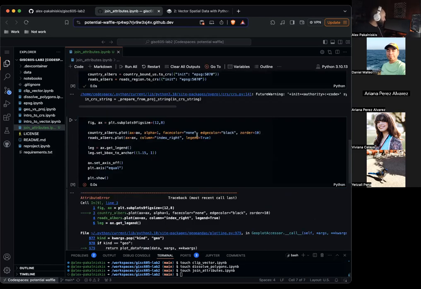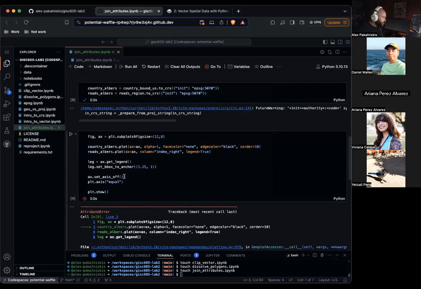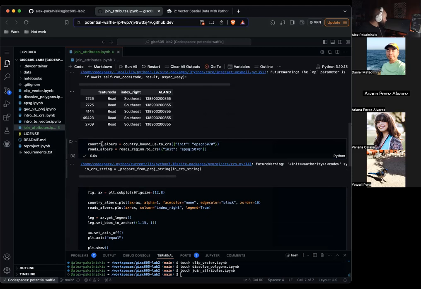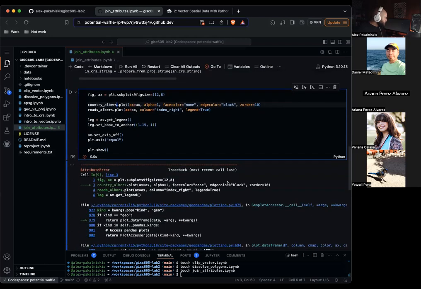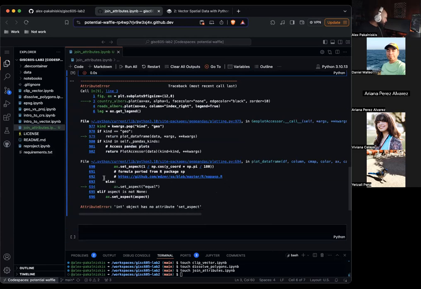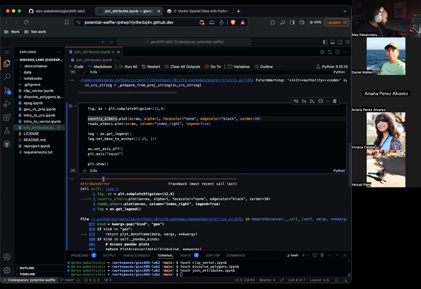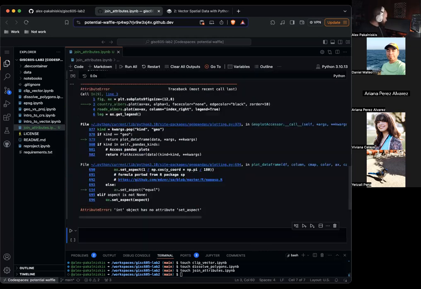We got a typo. Let's figure out where that happened. Country_albers.plot, set aspect. Interesting.